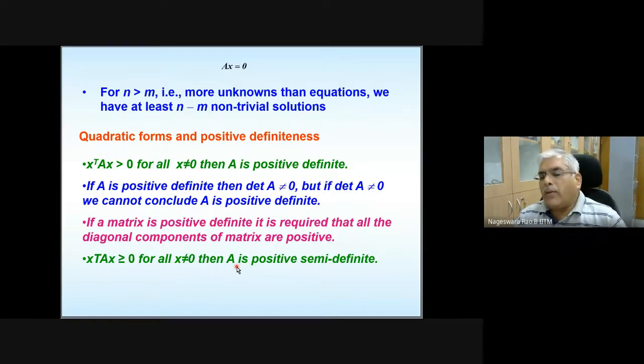So for that we require this. What is positive definite? What is the meaning of that? You just go through it, and when the time comes, when we are solving the problems, I'll once again go through this. Okay. If you want to check whether a matrix is positive definite or not, you need to select a non-zero vector x, and x transpose A x should be greater than 0, then A is positive definite, and the rest of the things you can go through. Okay.